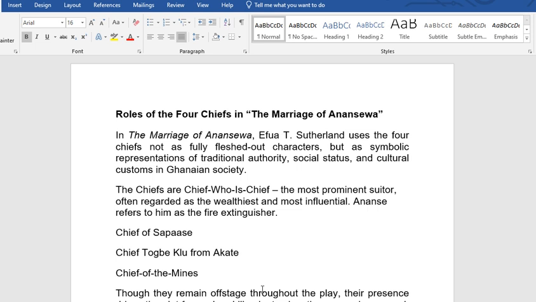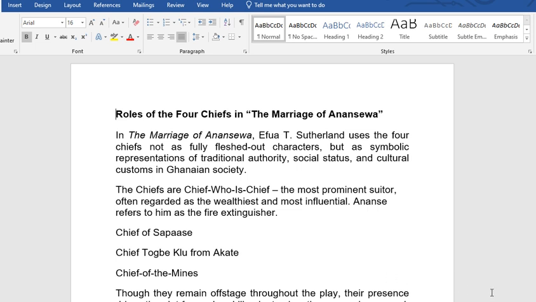In The Marriage of Anansewa, written by Efua Sutherland, the author uses the 4 chiefs not as fully fleshed out characters, but as symbolic representation of traditional authority, social status, and cultural customs in Ghanaian society. Now let's identify the 4 chiefs in the play. The chiefs are